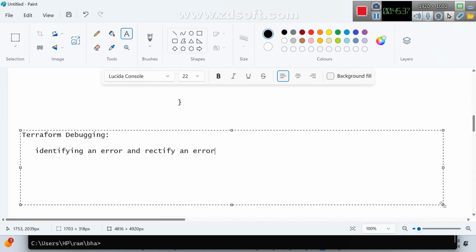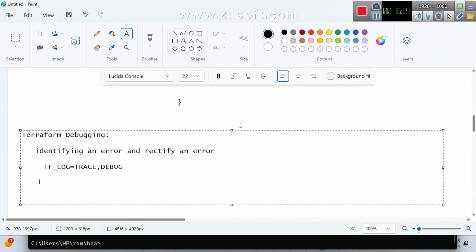First we need to identify, then we go for rectifying. How to identify? If you want to identify and rectify, you need to give TF_LOG one option, equal to maybe TRACE or maybe DEBUG. These are the things we need to provide.